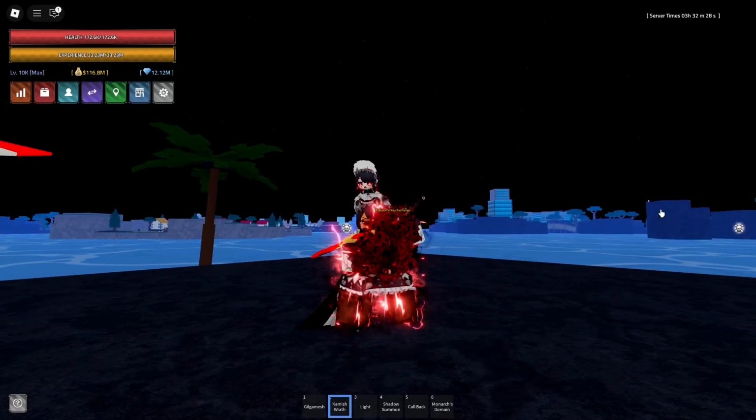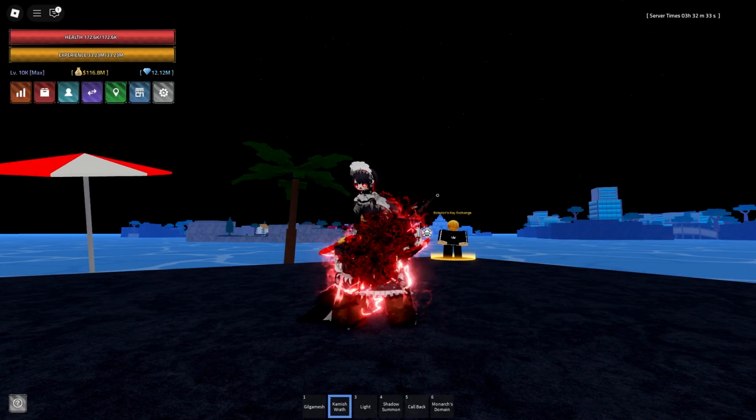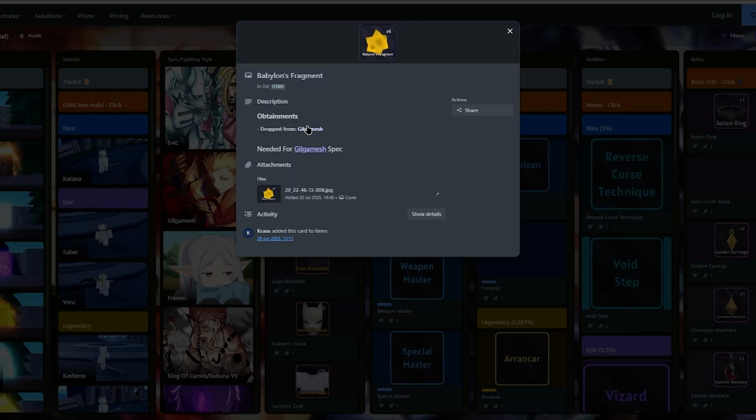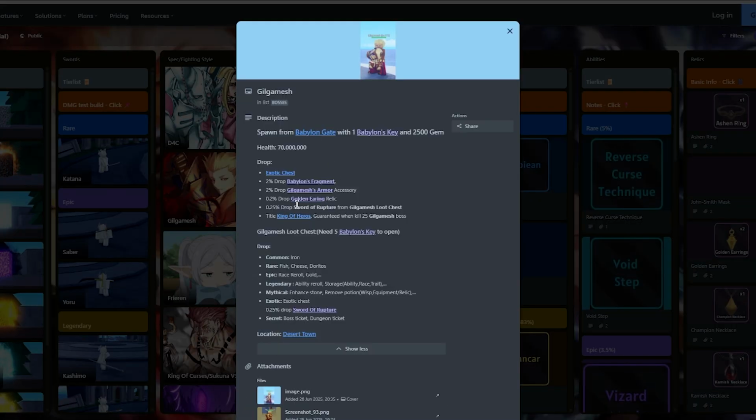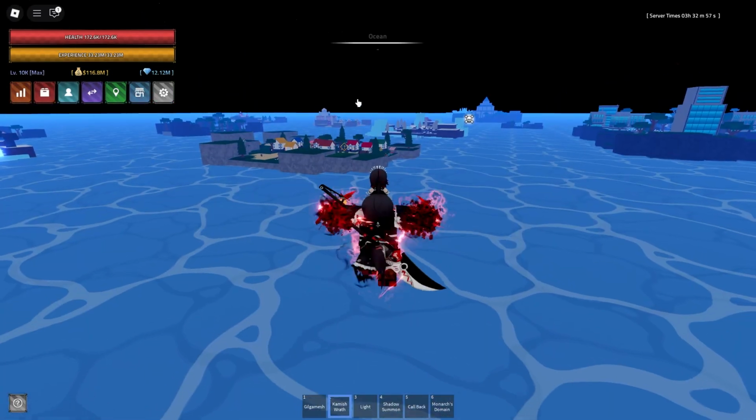and that is the 0.25% item that drops from his chest. I believe this is called the Sword of Rupture. If I have a quick look on the cello right here, and then drop from Gilgamesh, you can see we have the Sword of Rupture, which is a 0.25%. Luckily, I have 2 times drop, so it's only a 0.5. It's not that bad. I have 100 keys at the moment, so it's around about